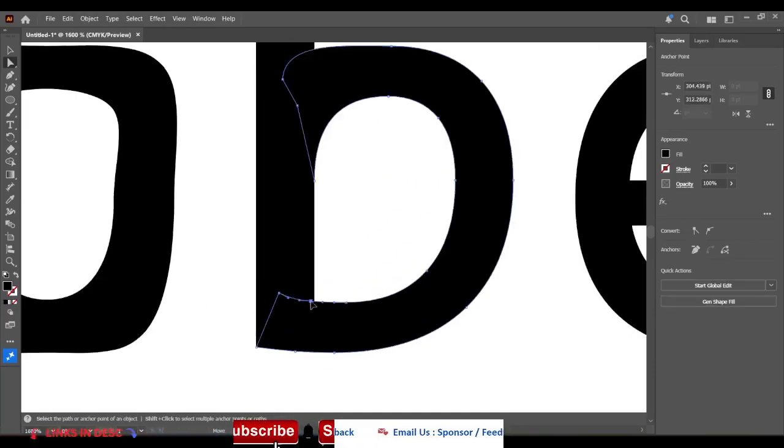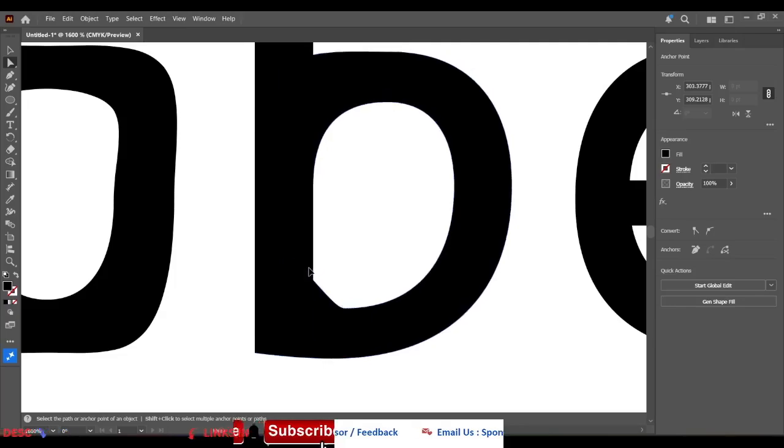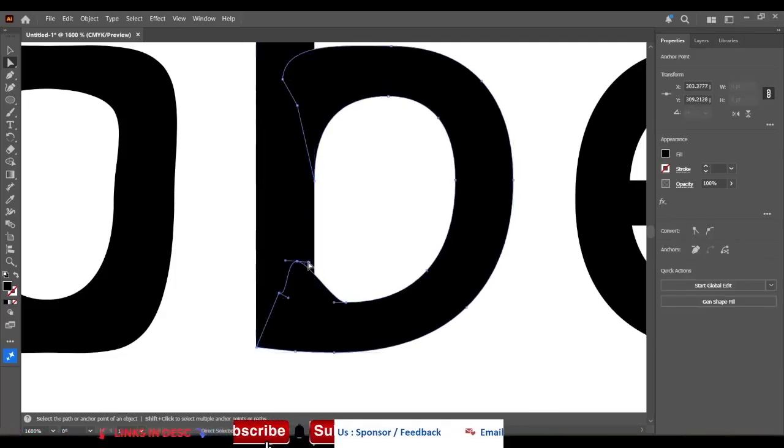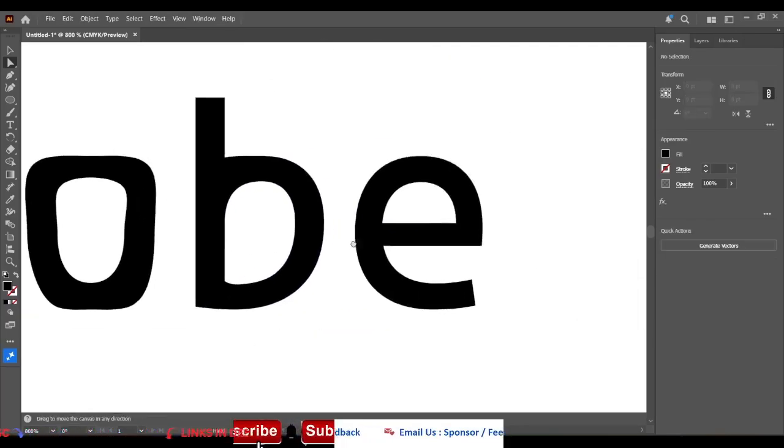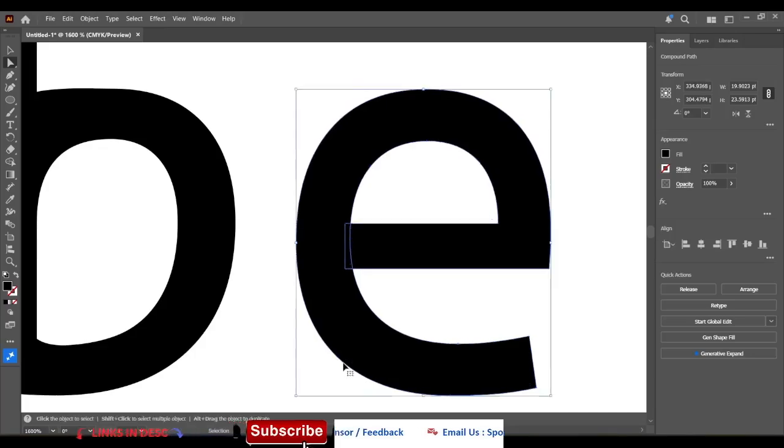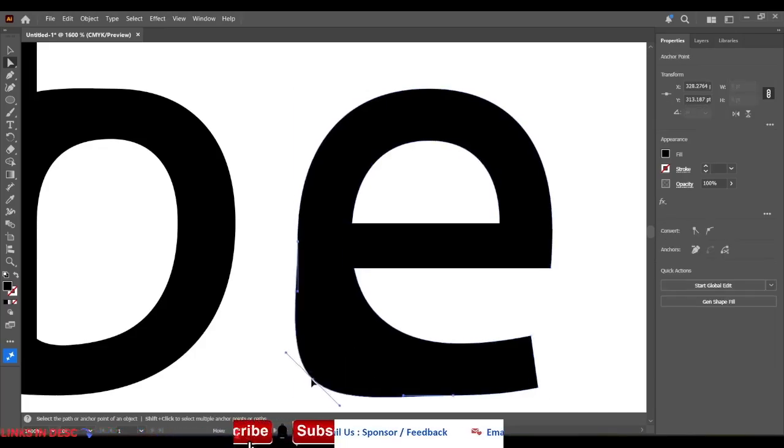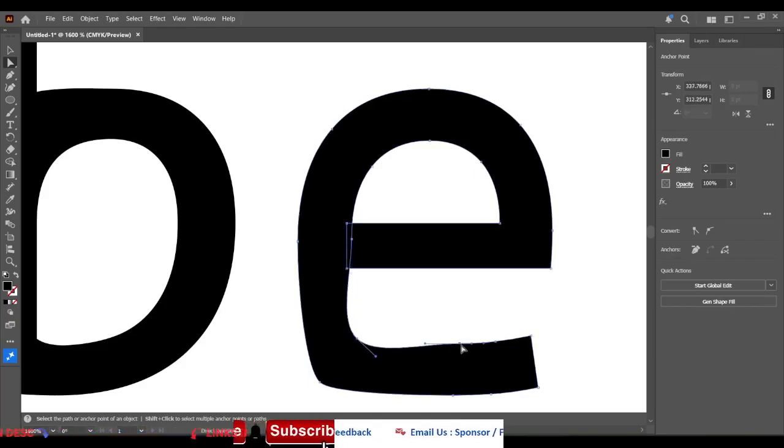Now with B, the letter B, same actually: properties, anchor point, X and Y axis. You need to change the point. Okay, X and Y axis point. Simply drag